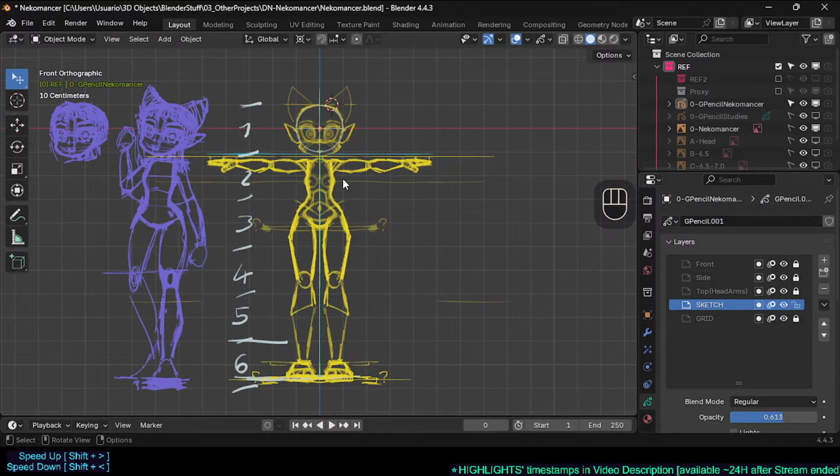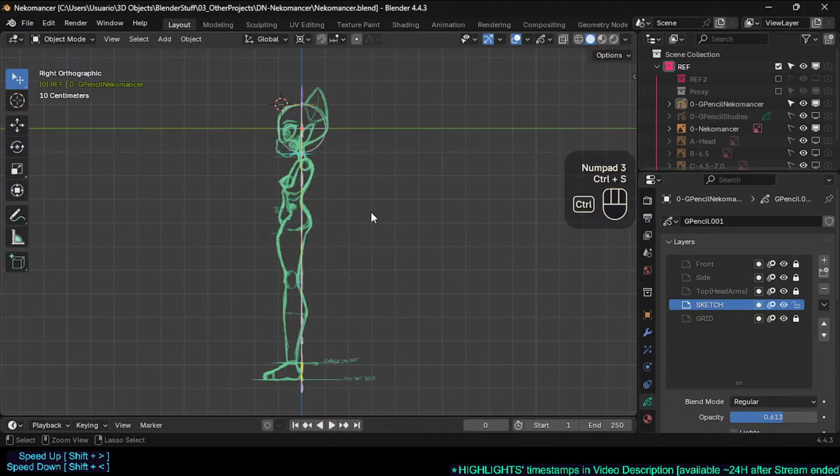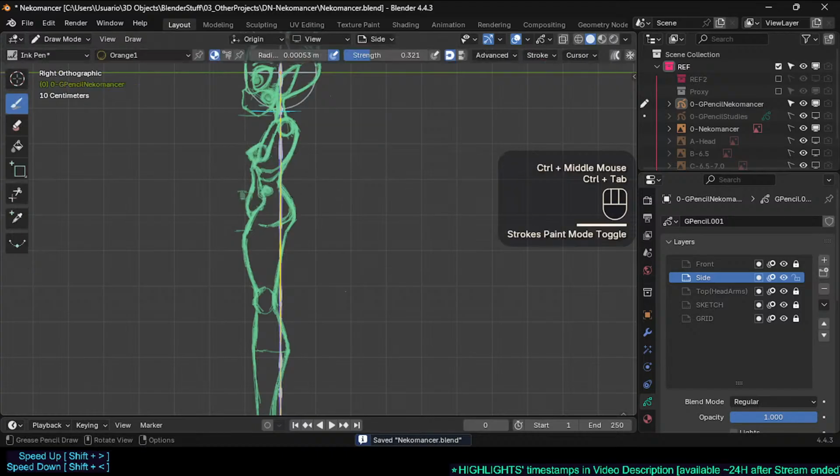No, not too big, but also not small. So let's try to do something here. There are still 10 minutes to do something, so it's just a side view. We can go here and